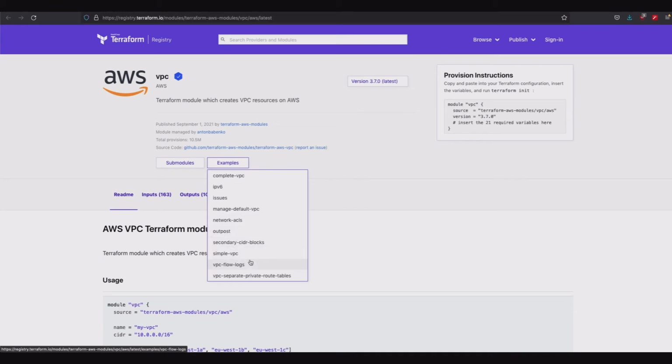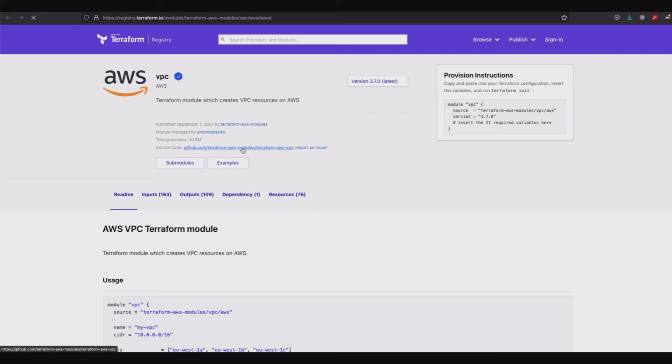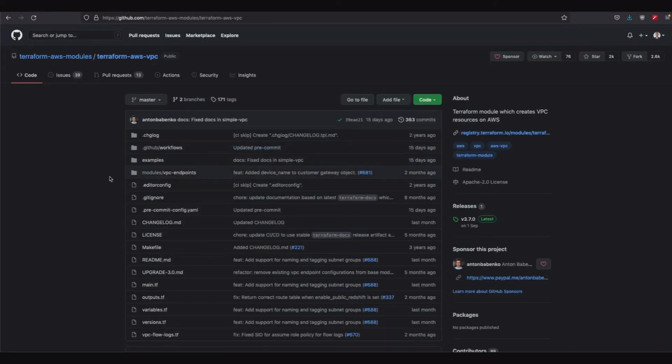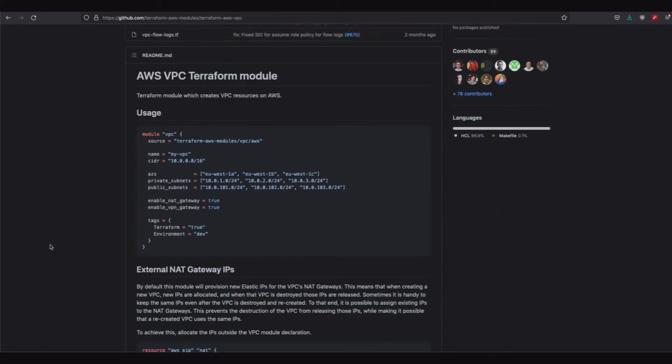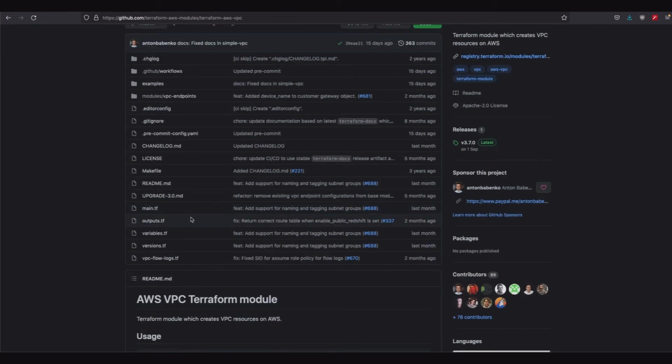What I want to do, rather than looking at the example code, though, is have a look at the source code. So we're going to jump across to the source code, and we can see that there's quite a lot of stuff going on here. A couple of things that you'll find in nearly every single module we're going to come across is a README, which has this data down the bottom here. You're going to have some outputs. So a lot of good modules have